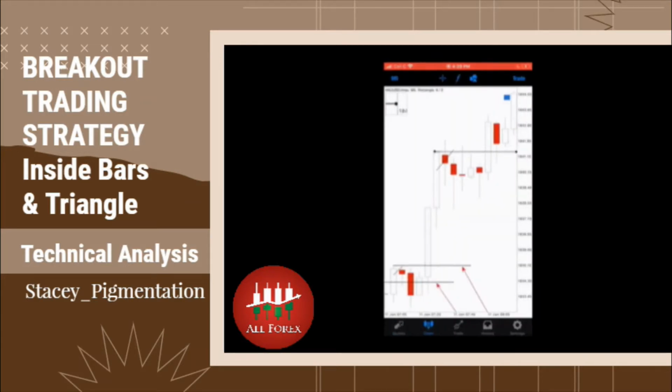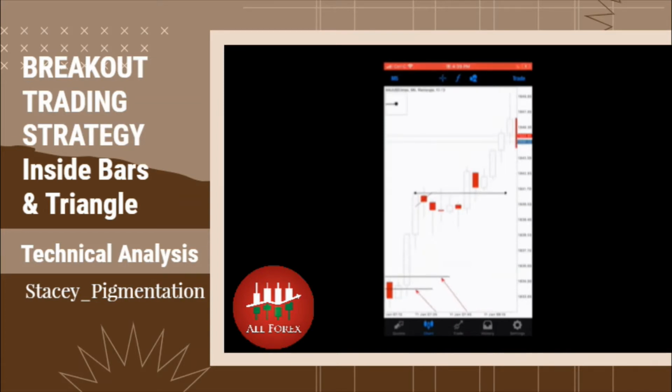Put your pending order at the highest high. When the market touches this line, when the market touches this price, 1841, it triggers. So that's how you have sniper entries. So if we're not using the inside bar pattern, it's going to be the same thing, because what you were